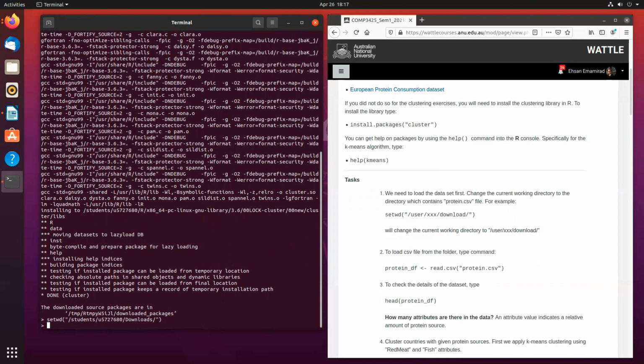Now, if you have a different working directory, for example, if you downloaded the file onto your local machine, then you have to make sure that you know exactly the path to where the file has been downloaded or stored. Then I can simply type the name that I want to give it, in this case protein_df, and I'm going to use the read.csv function to read